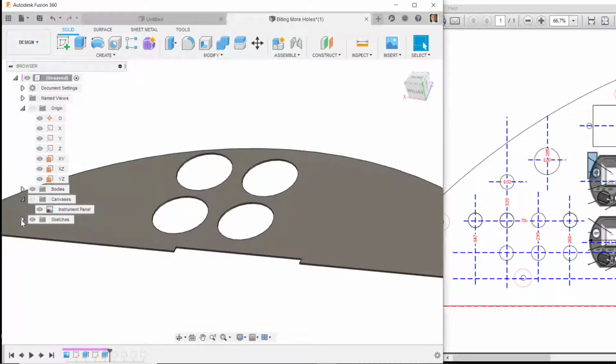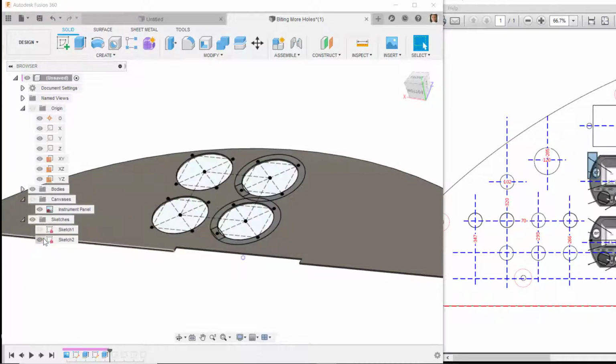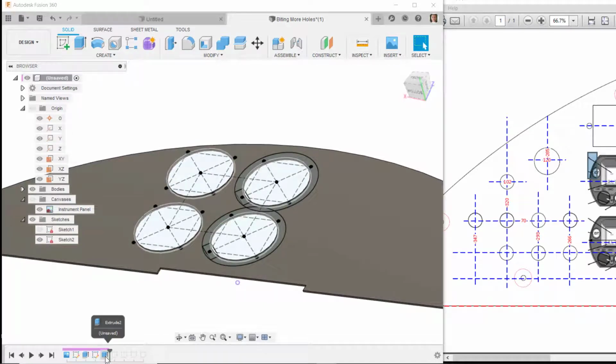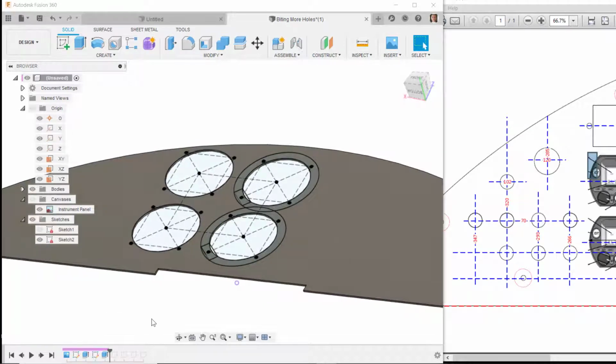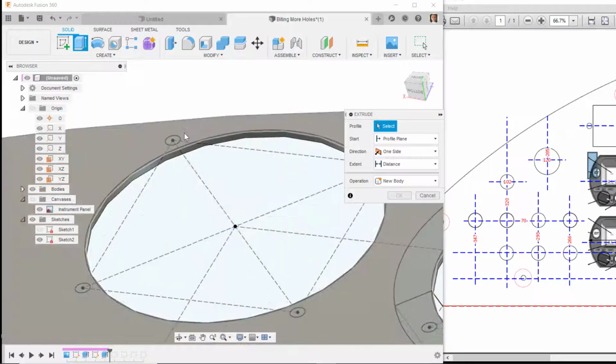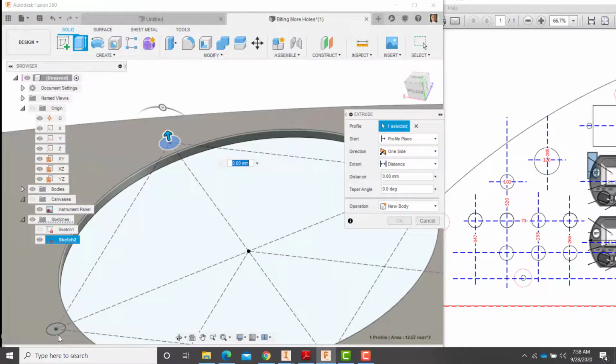So let's go back to that sketch, and I'll click here to make that sketch visible. I could either add it to this extrusion or I could do a new extrusion. We'll do it both ways. So I'm going to do extrude. I'm going to do a second extrusion. I'm going to select all of these smaller holes,